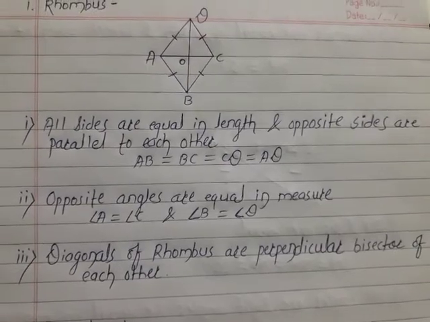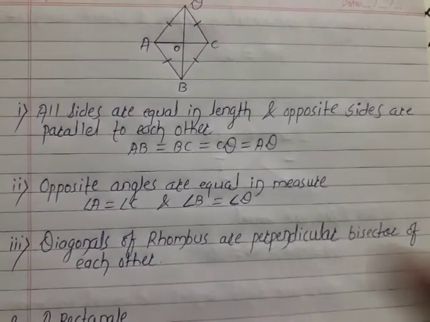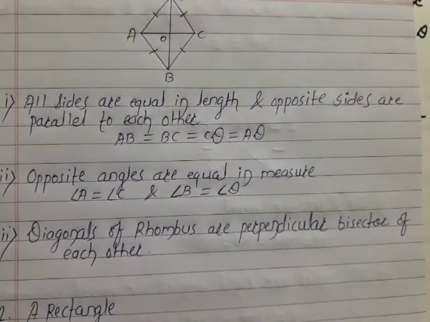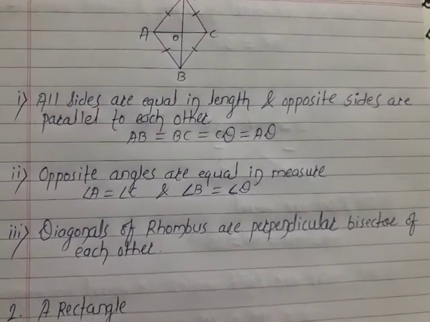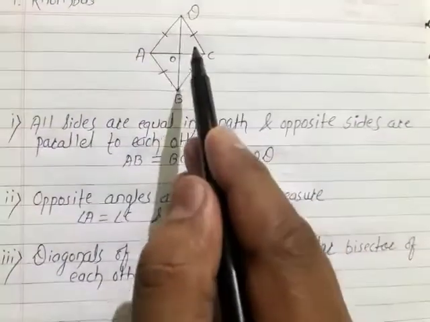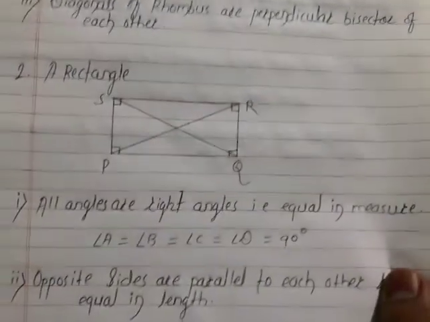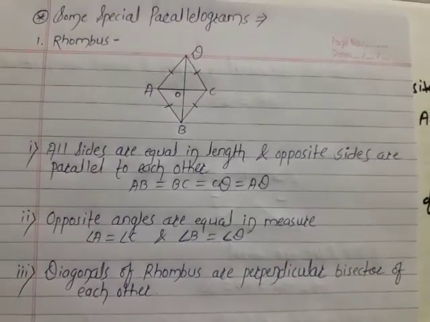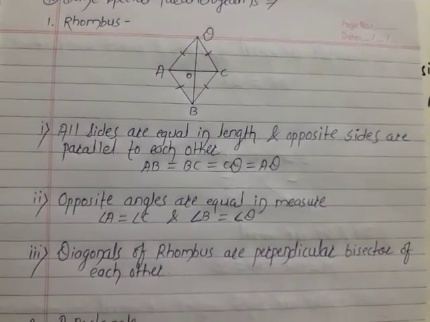to each other. Second, opposite angles are equal in measure. Opposite angles is mentioned over here. Diagonals of a rhombus are perpendicular bisectors of each other. Perpendicular bisector यानी कि क्या होता है, मैंने तुमको बताया, इधर सेंटर में 90 डिग्री का एंगल क्रिएट होता है. ओके. सेकेंड, नोट्स का पेज देखो अच्छी तरह से, नोट्स लिखने हैं तुम्हें नोटबुक में.